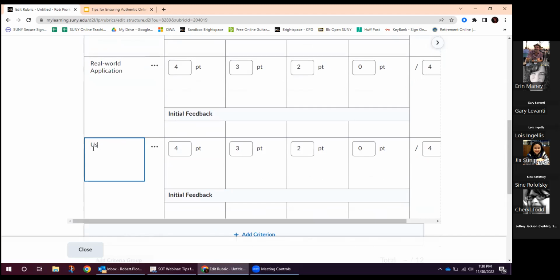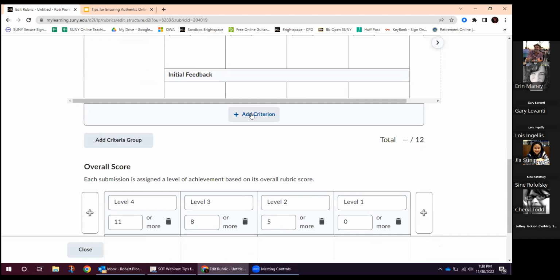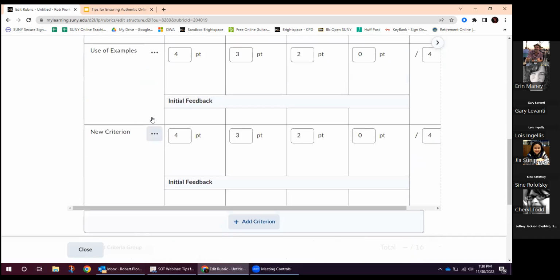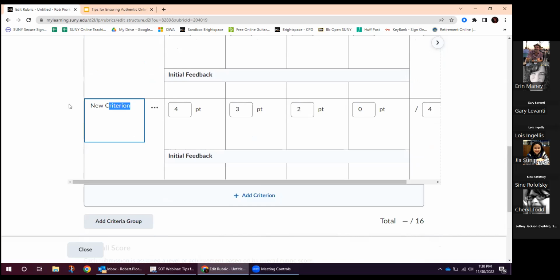And then maybe here, use of examples. And so I'll leave that. If I want to add a criteria, I can do that. Okay, and maybe for a lot of assignments, usage of grammar or something like that